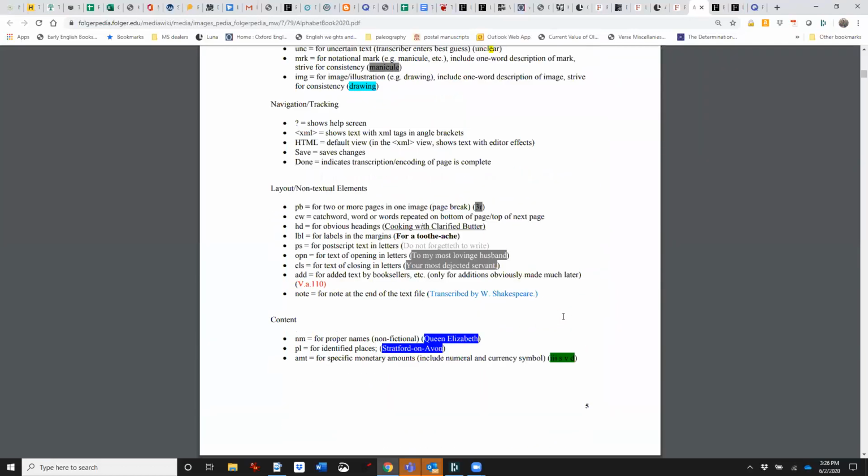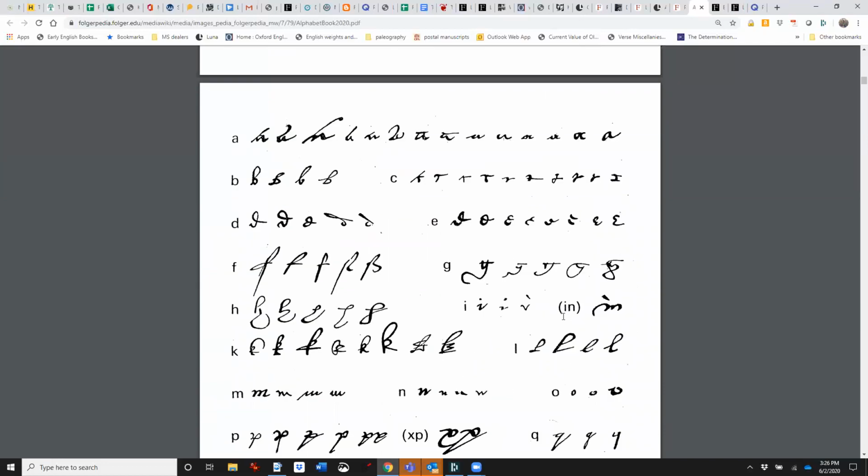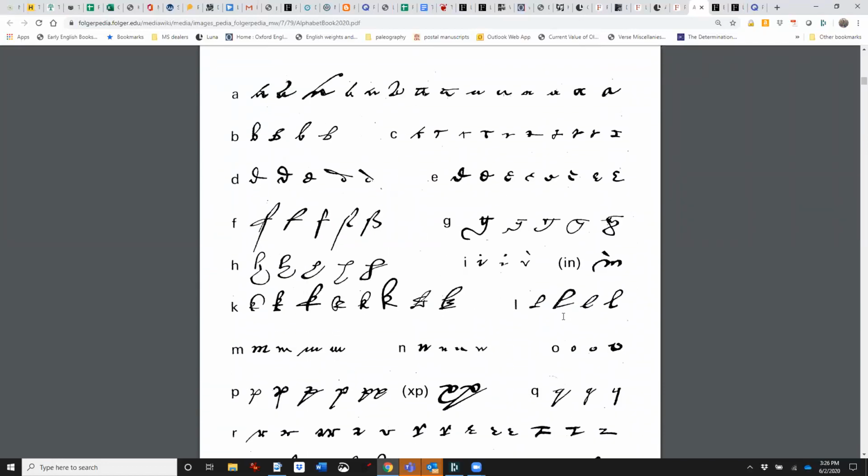Okay, so now I'm just going to go down and show you the alphabet. And this I have taken from the appendix of Philip Gaskell's New Introduction to Bibliography, but he in turn grabbed it from McKerrow's Introduction to Bibliography. So that's where you can find it if you want to go back to the actual source. I like this because the letter forms are taken from manuscripts. Often you see as the exemplar for English secretary hand a woodcut from a writing manual from the end of the 16th century.